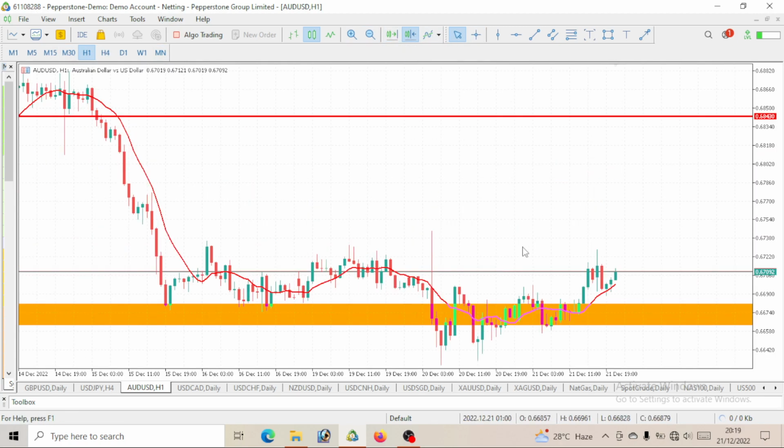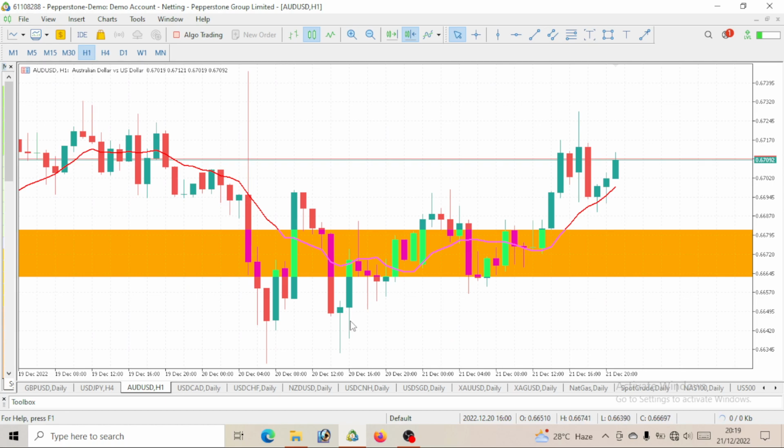On the 1-hour time frame, you can clearly see these movements. You can see higher highs, pullback, new higher highs, pullback, new higher highs, pullback. So it will not make sense for it to just go ahead and sell. Since we are having higher highs and higher lows on the 1-hour time frame, it also makes sense for us to take the long movement. And we can also see it still trading above this moving average. So AUD USD, we should expect a bullish move.